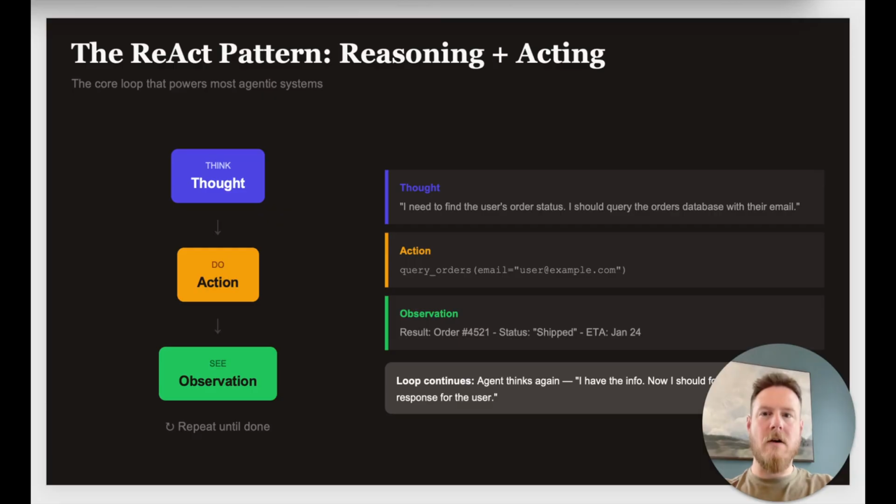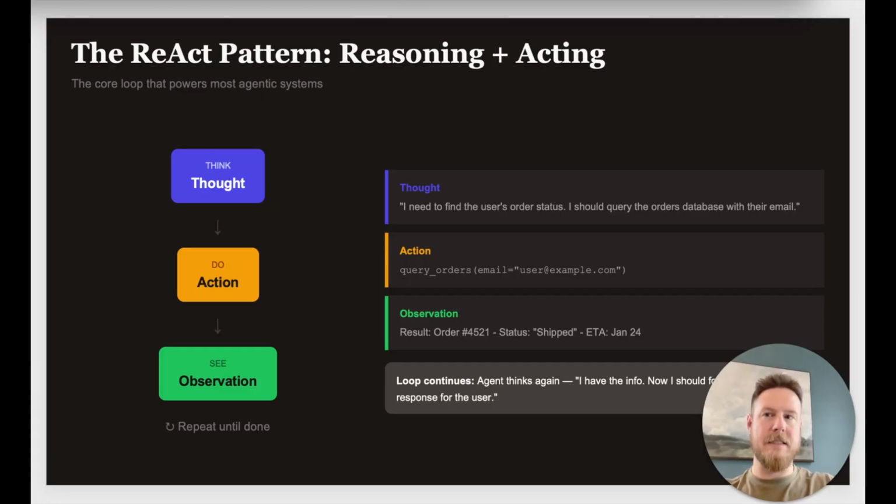This is formally called, widely across the industry, the ReAct pattern. You'll frequently see and hear the term ReAct in agent papers, white papers, and things of that sort. This is essentially just the combination of reasoning plus action, or acting. Most agentic systems are built on something called ReAct at this point. It's really just a loop with three primary steps that the agent is looping through until the task or project